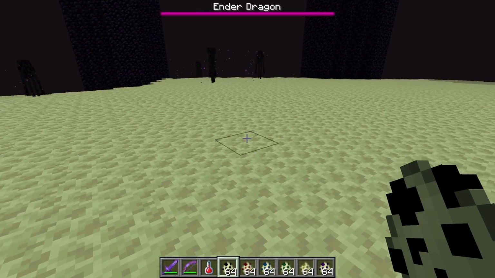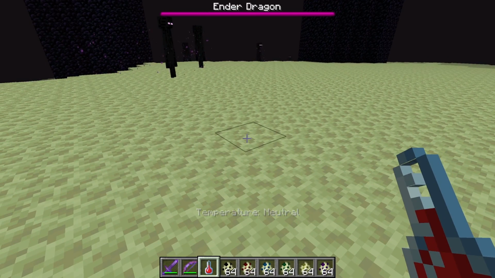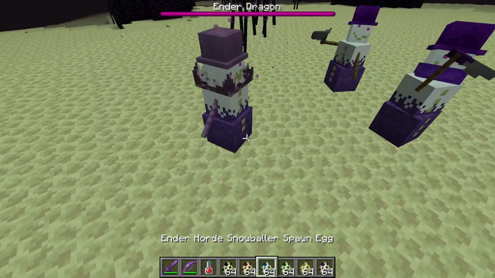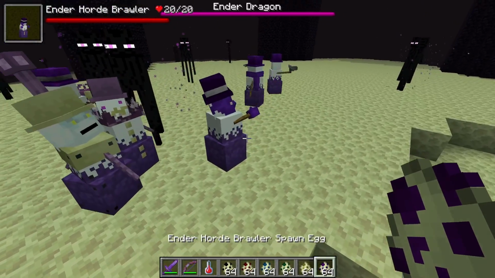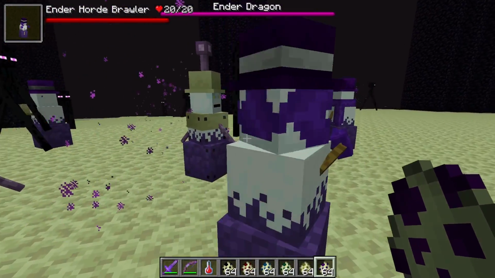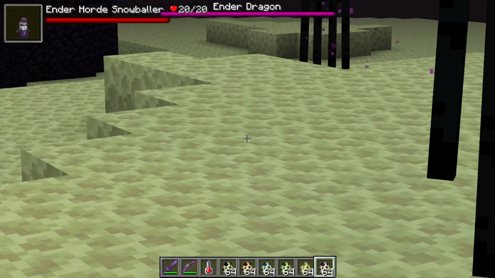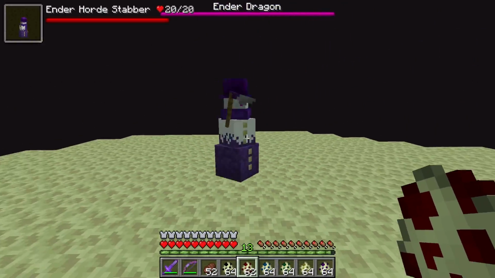Next we have the Head Boys, and even though you thought it was cold, apparently it's neutral. So here we have the Gunner, the Stabber, Snowballer, Gifter, Zapper, and the Brawler. And yeah, they all look like they're snow cones. I wish I could eat one of these. Oh no, that sounds very creepy. I'm sorry, bros. And by the way, these end bros do have a special ability, so they can teleport you